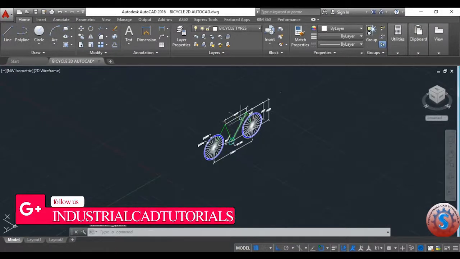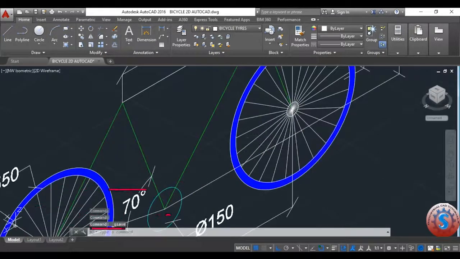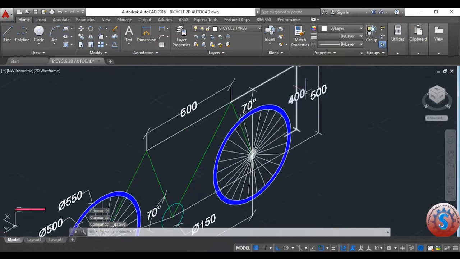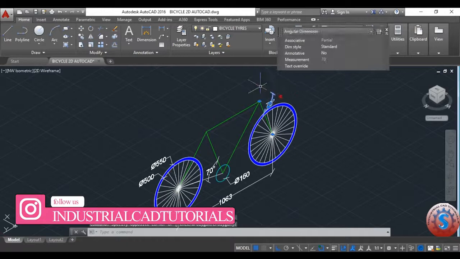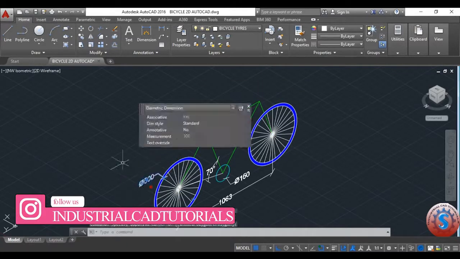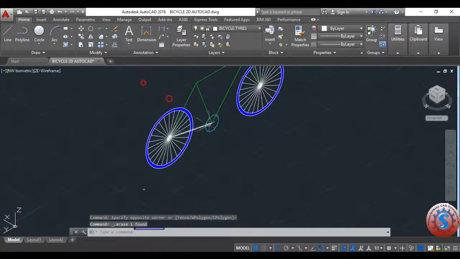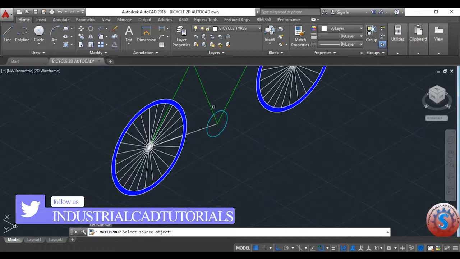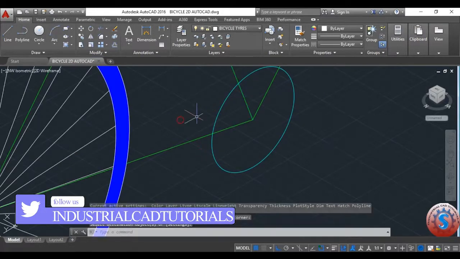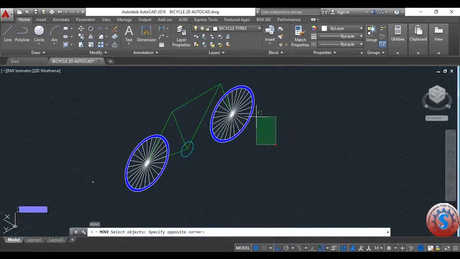I am creating on the northwest view. You can observe that this is the first and this is the second, and this is one of the models I created. You can observe I am deleting all of the dimensions that I created before. After deleting the dimensions, you can observe 1063 and the 70-degree angle I created. Using match properties, select this line to get the same color, and simply move the wheels